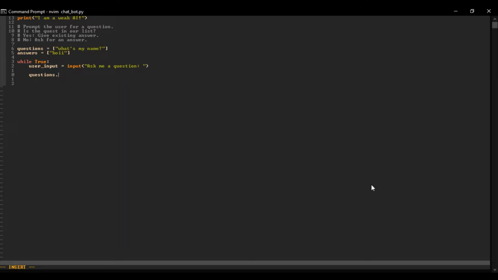So what we're going to do is loop the questions. For question in questions, so for each question in the questions list, we're going to check if the question is equal to the question the user asked, so the user input. If it is,